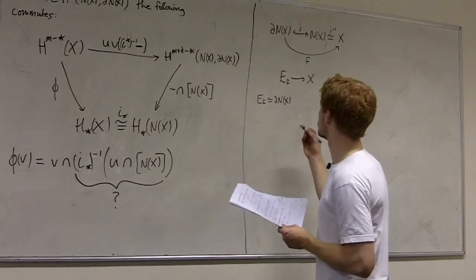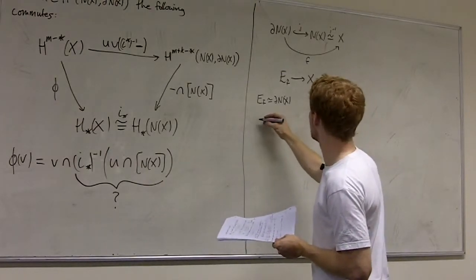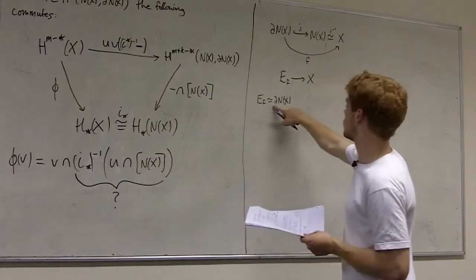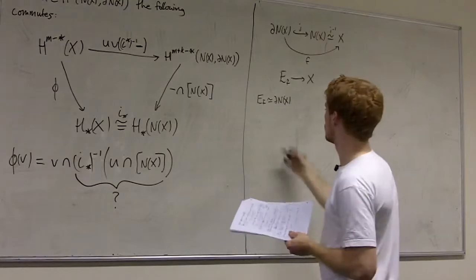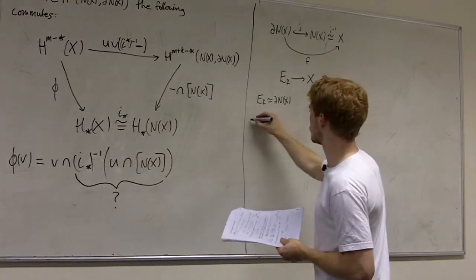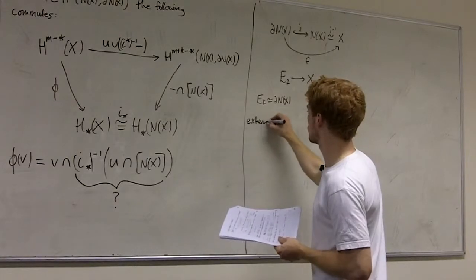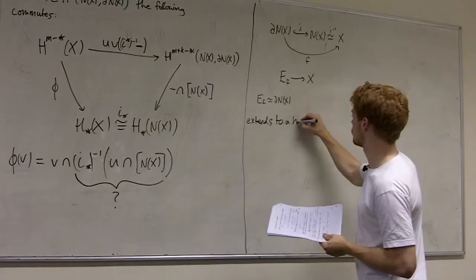Okay, so just because this is a regular neighborhood, we have the homotopy extension property. So if we've got a homotopy on the boundary, we can extend it to the interior of the neighborhood. So in other words, it's a cofibration. So I want to say that this extends to a homotopy